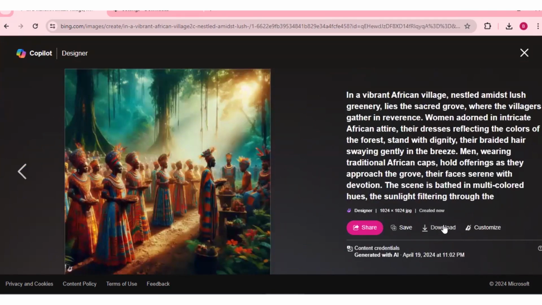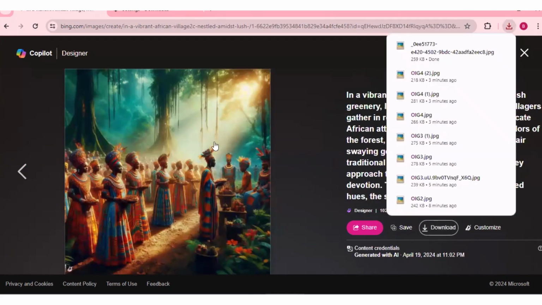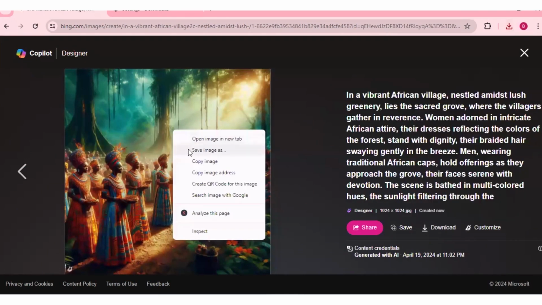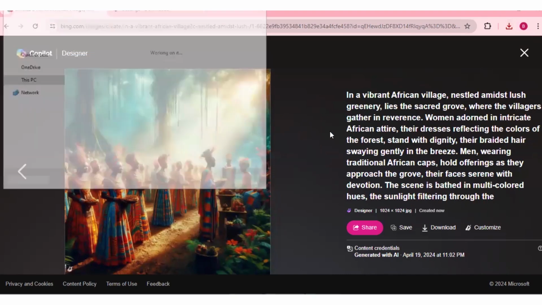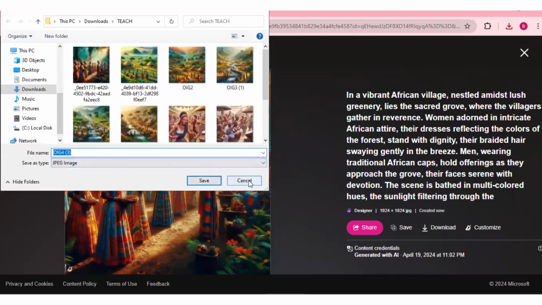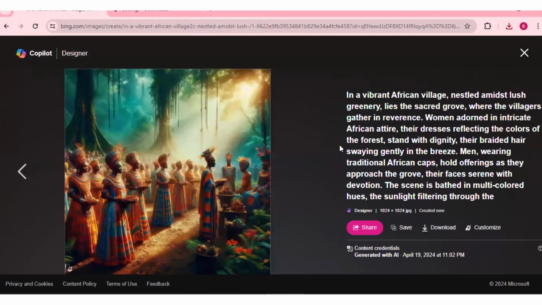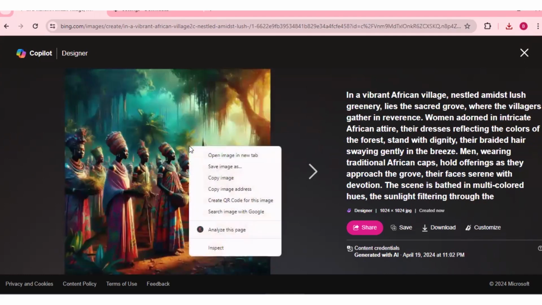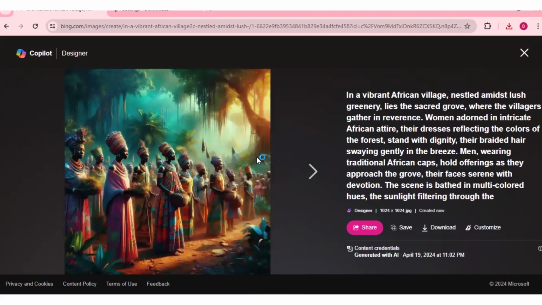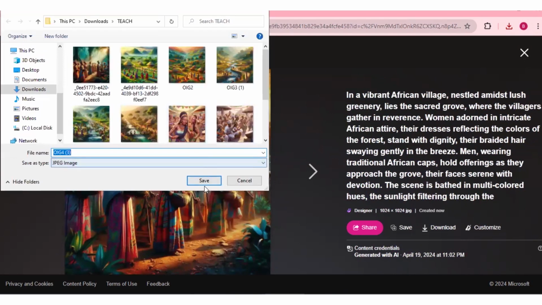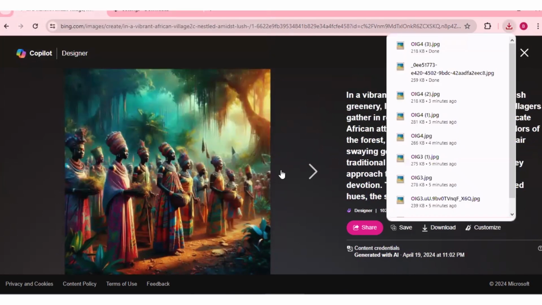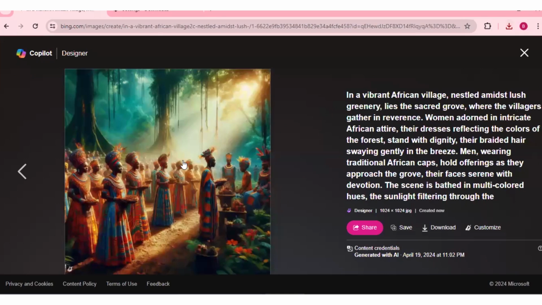Okay. Yeah, so it's either you click on download, like I said, or you right click. So this has been downloaded, or you right click on this and click on save image. But we've downloaded that already. So this is it right here. So let's download the other one too, or save it too. Okay, this was the first one we saved. Then the next one,